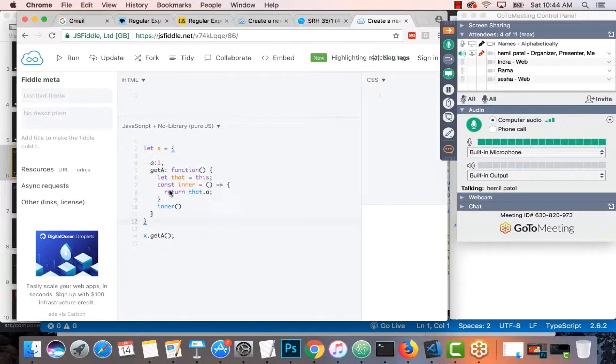So there are many ways to do it. But you would be using bind more because in React,